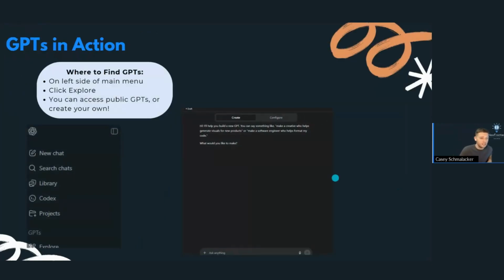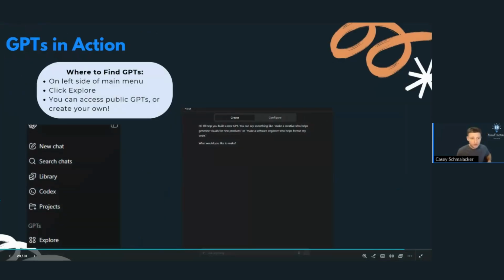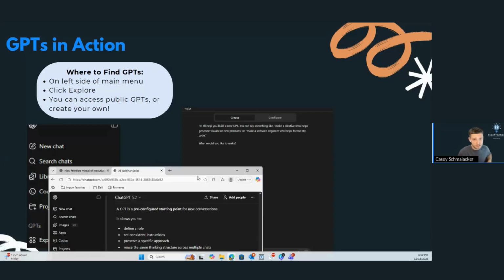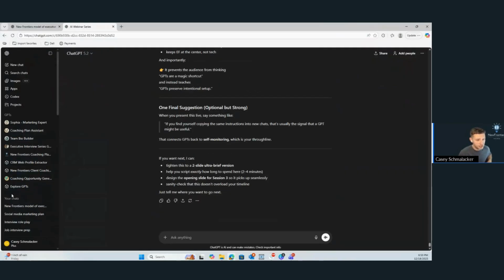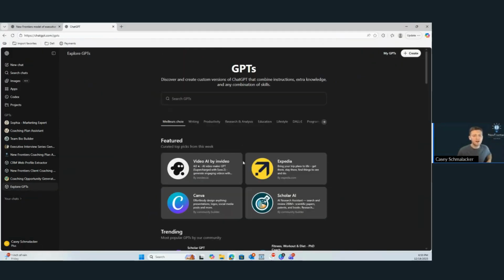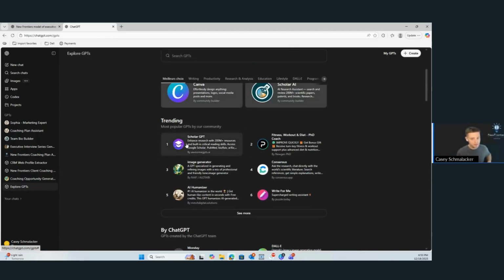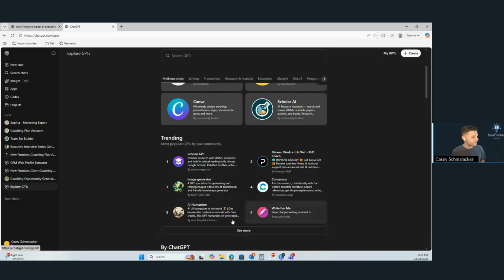So where to find GPTs? You can find them on the side, and there's two types of GPTs. If you come over, you can see all of my chats here. But if you go to Explore GPTs, there are all of these public ones. I've seen some very specific ones.